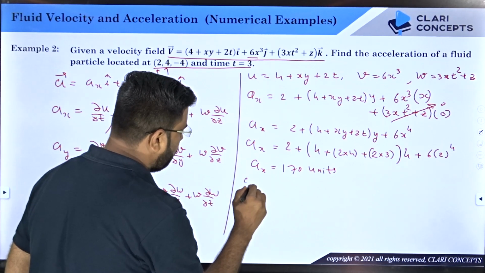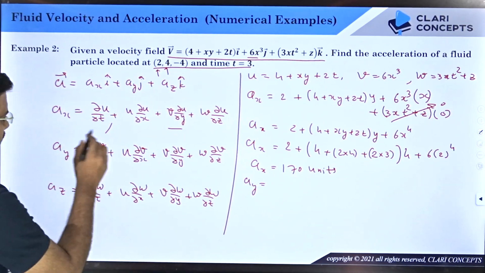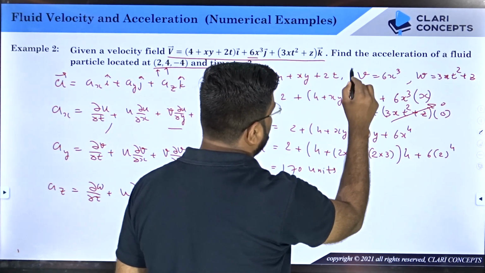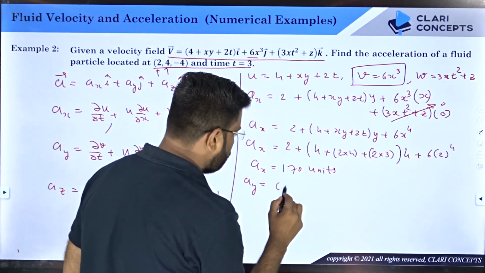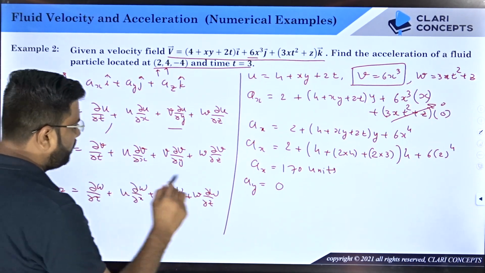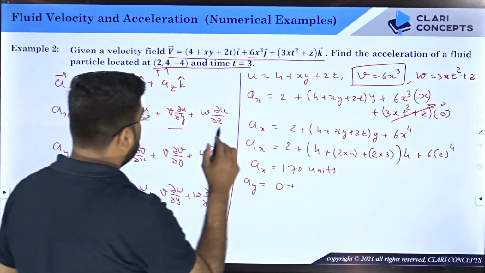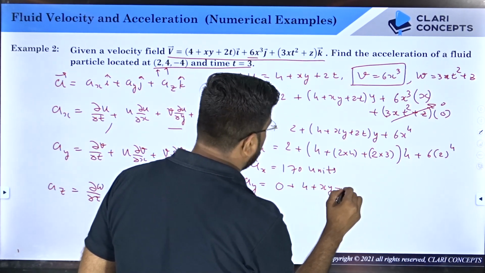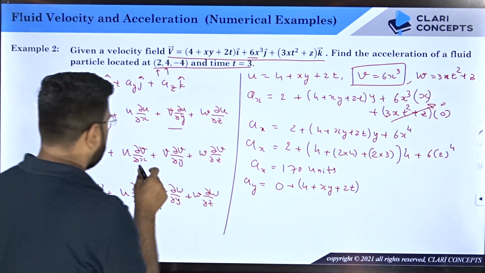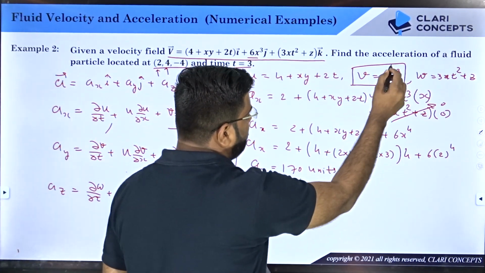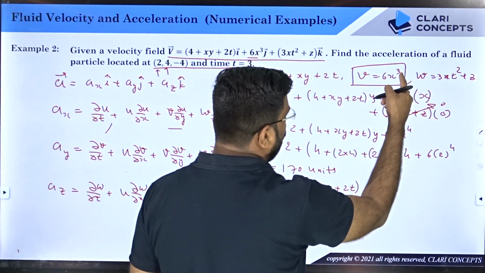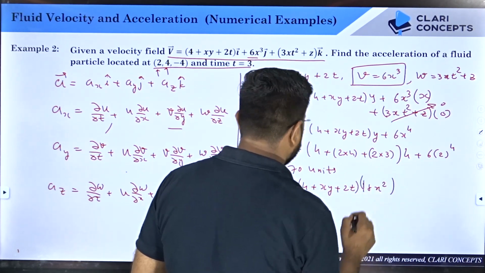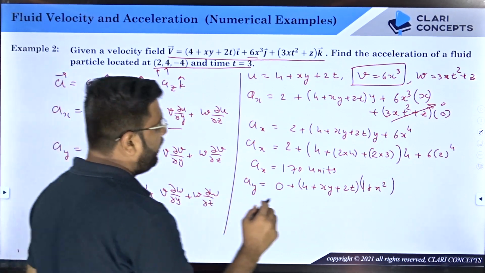Now you will go for ay. For ay, firstly I need to use this formula, right? What is del v by del t? Differentiation of this v with respect to t, 0. There is no term t. Then plus u into this, plus what is u? u is this value, 4 plus xy plus 2t, into del v by del x. Differentiation of this term with respect to x, what will you get? x cube, so it will be 3x square, 3 into 6, 18x square, plus v del v by del y,